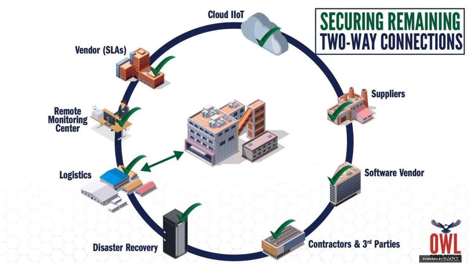So if we go back to our circle, at this point I've basically modified all of my connections to be either one-way out, one-way in, or a single connection, heavily managed and monitored, so that my remaining two-way connections are, A, fewer in number, and B, I can put a lot of resources against them to make sure they're doing what I need them to, and people aren't using them in ways that are inappropriate.